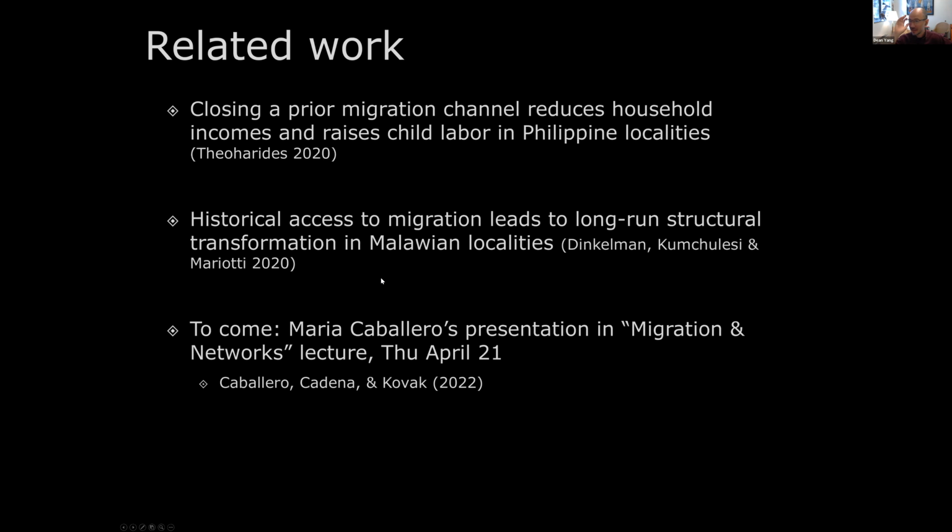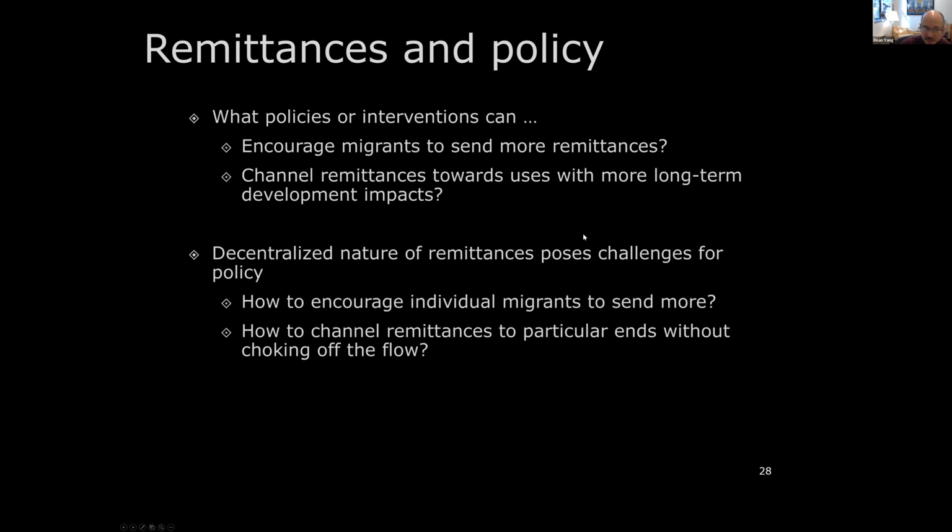But I think the sense of your question, if you translate it to a different location, to India in particular, is exactly what Gaurav is going to be talking about right now. So I'm going to leave the rest of the questions for the Q&A at the very end after Gaurav's presentation.